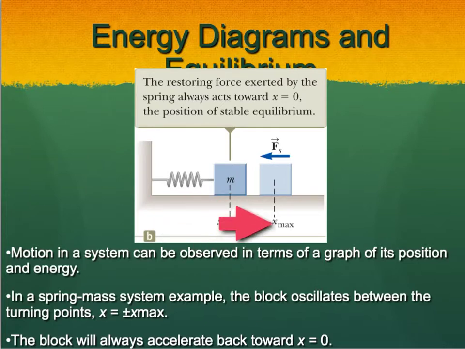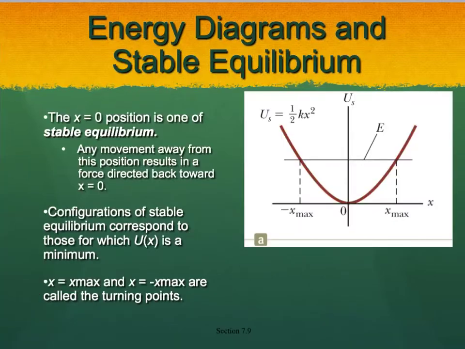And it's going to continue to do that until it reaches x equals 0, which is just that restoring position. So we always want our mass to be at x equals 0, that equilibrium position. So how would we graph that? Well, let's look. If we graph the potential energy as a function of x,